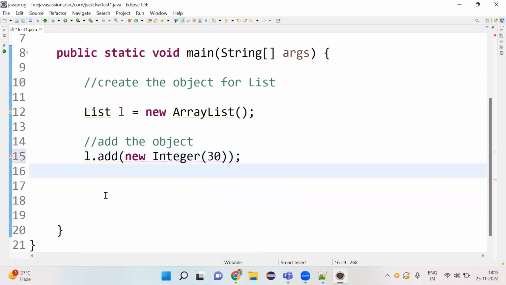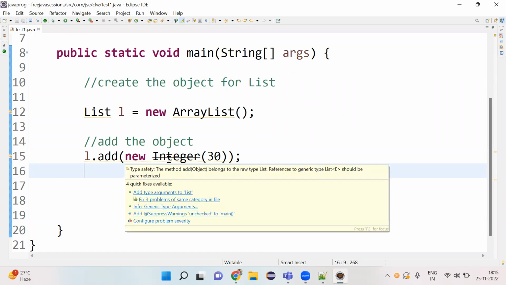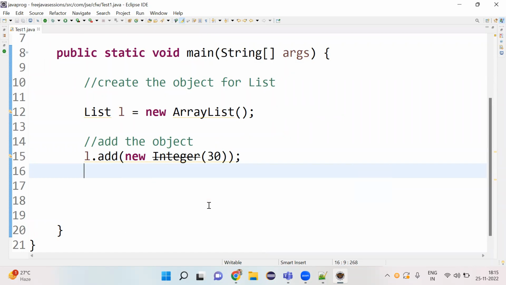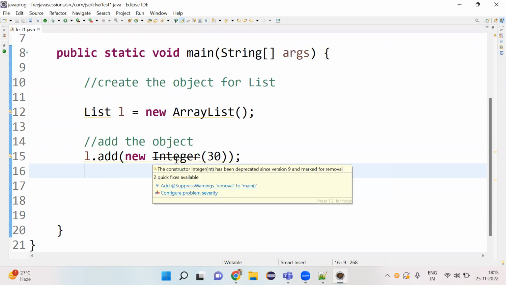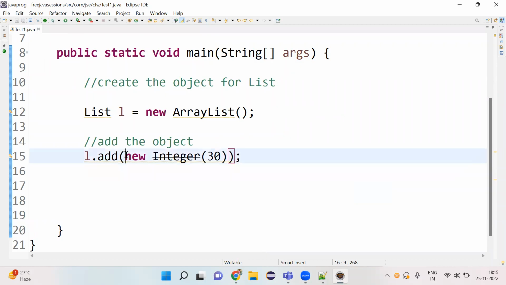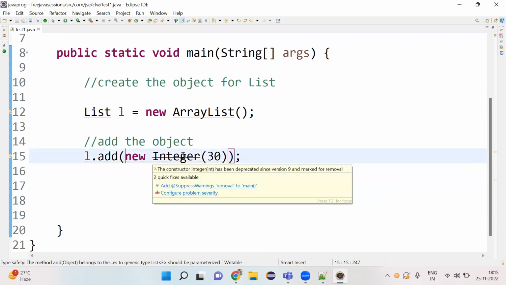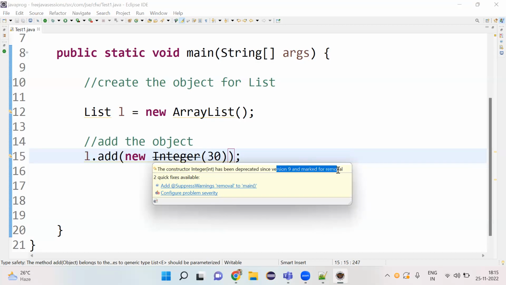I'm adding. I told you already, collection allows only objects, object data itself. Why are we getting this? Okay, it is just deprecated, but still it's fine. The constructor Integer(int) has been deprecated since version 9 and marked for removal. But if there is any alternative,